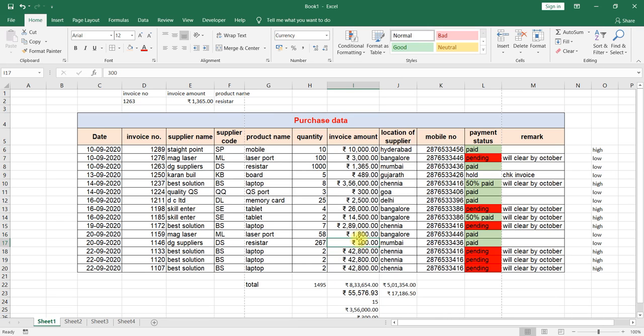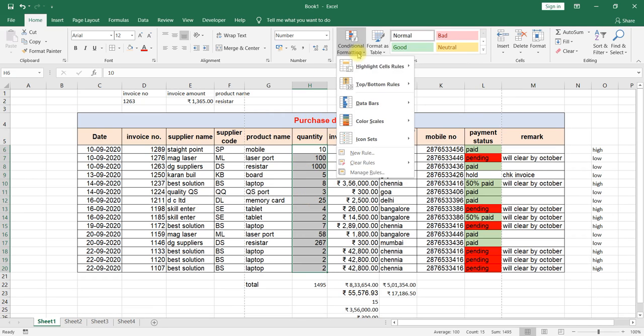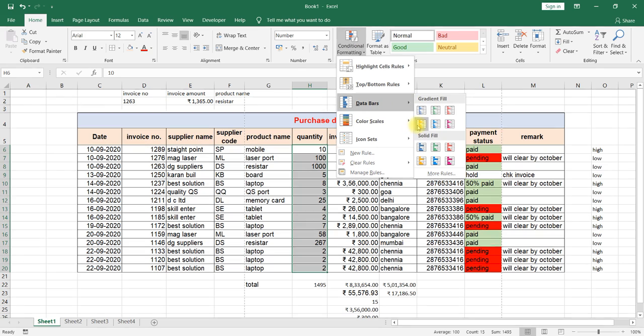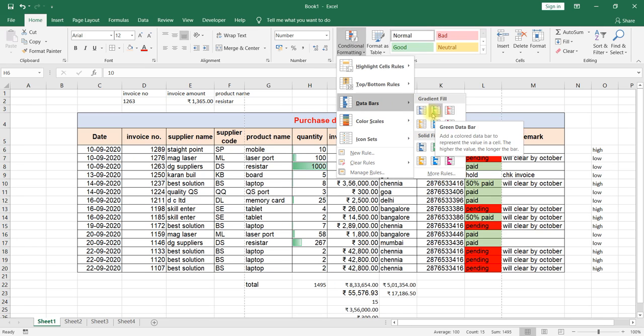Again, one more thing you can add. For example, here quantity is there. Based on quantity, a bar should be shown. You can do that with Conditional Formatting, Data Bars, using any of the colored bars. Based on quantity it will fill up the cell. The higher the quantity, the fuller it will be filled; if the quantity is lower, it will not be filled up.